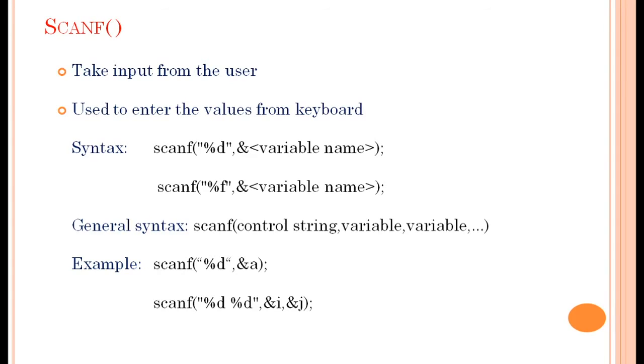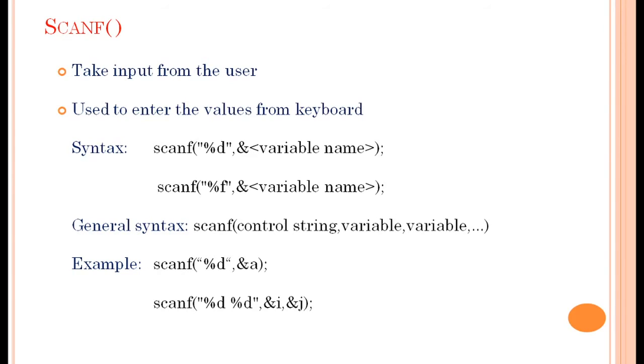Okay. Now the second difference is that the control string has some extra items to cope with the problem of reading data in. However, all the conversion specifiers listed in connection with printf can be used with scanf. The rule is that scanf processes the control string from left to right, and each time it reaches a specifier, it tries to interpret what has been typed as a value. If you input multiple values, then these are assumed to be separated by white space, that is spaces, new lines or tabs.